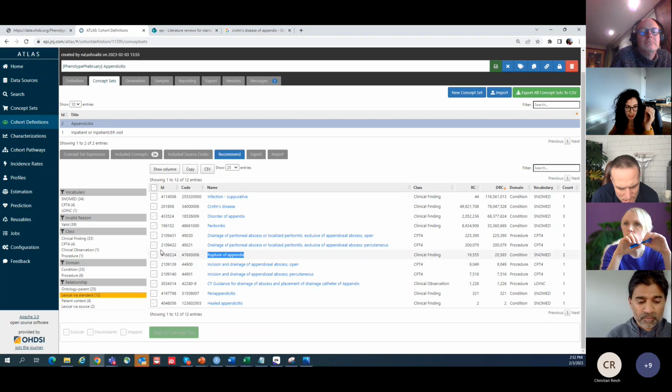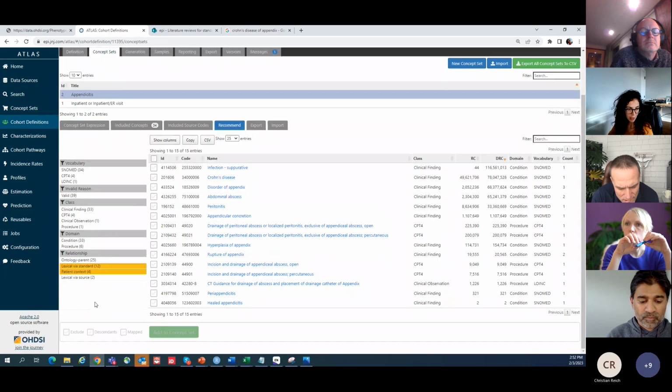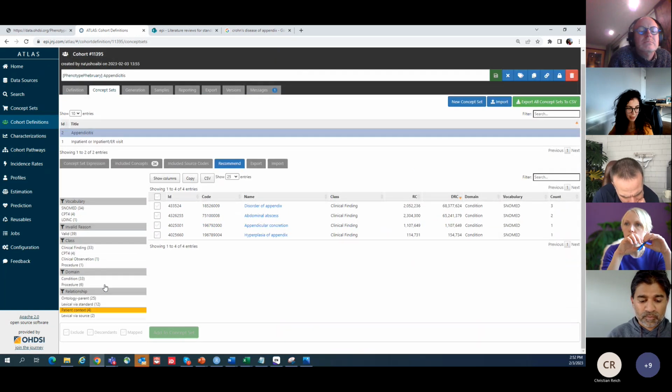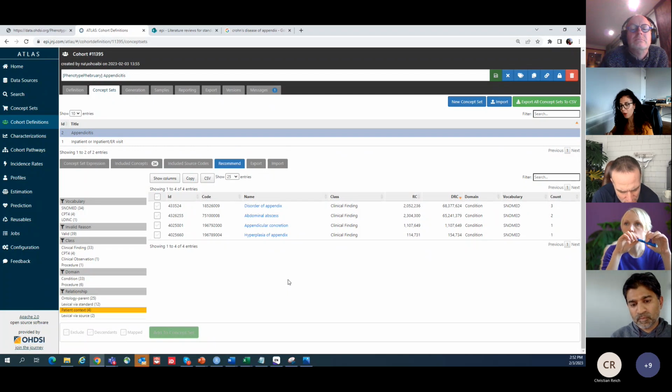So I took that note. There is something else. There are 4 codes here recommended by Phoebe because of patient context. So those are codes related. They are recommended based on a co-similarity score. What that says is that people who have this code in the data have a similar distribution of covariates